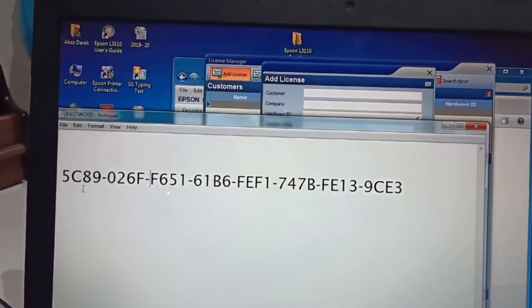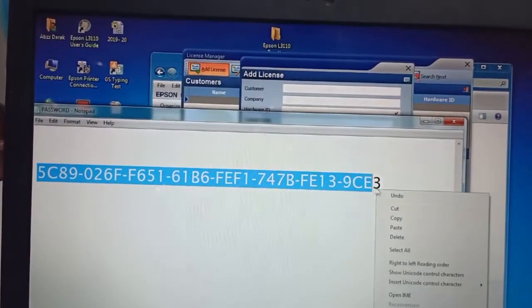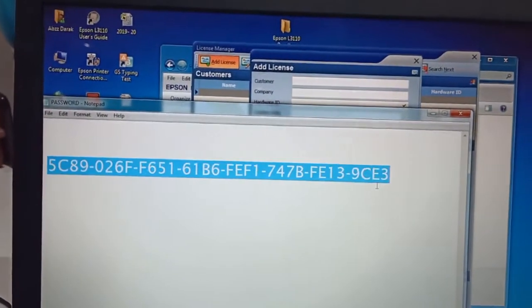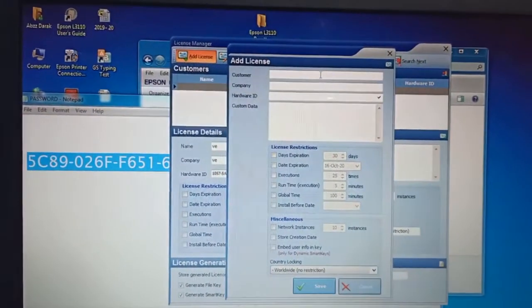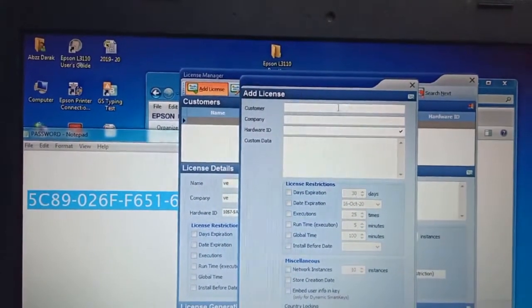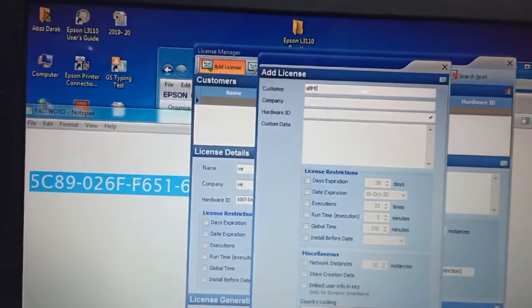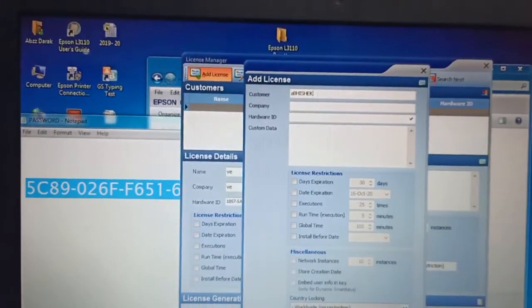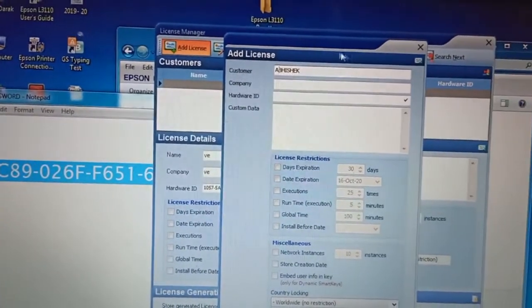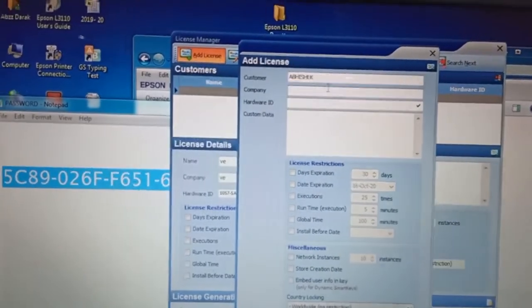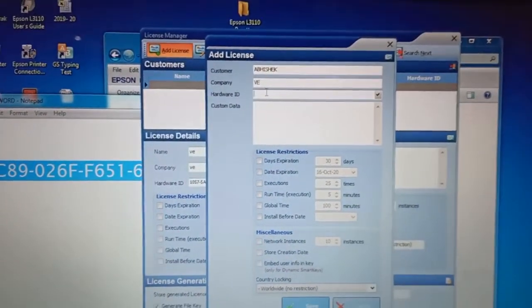You can copy the machine ID, type your name in customer, and in this hardware ID you can paste the ID.